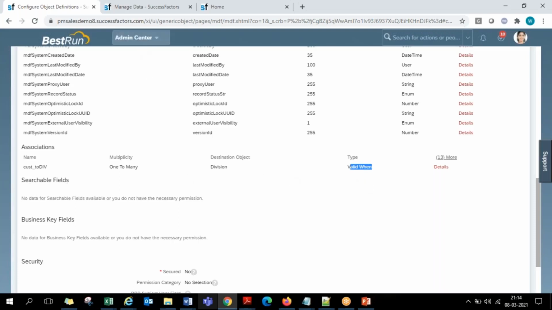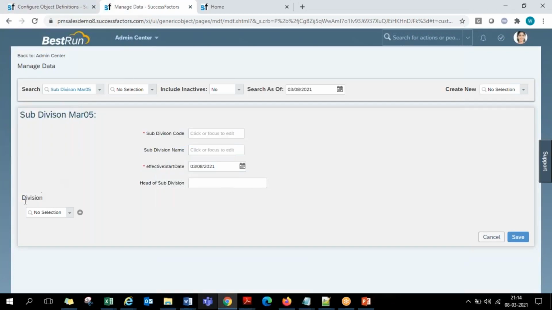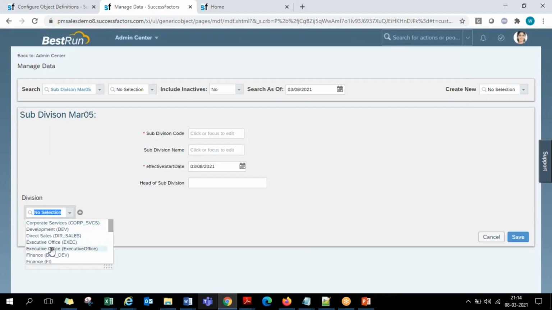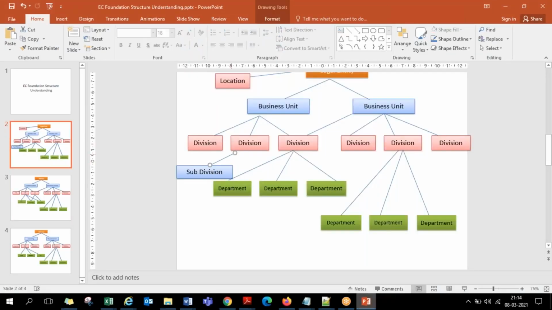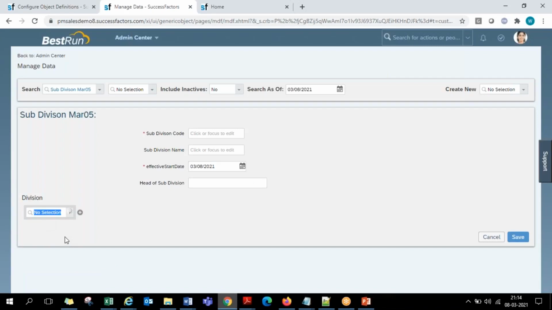When we set this up, from the next moment the system has also started displaying the division field here at the bottom, so that for every subdivision that I create, the system is asking me to link it with any of the existing divisions as a parent. That is how this will indirectly establish this structure. For every subdivision getting created, you will have some division as the parent for sure. That is this division association field.